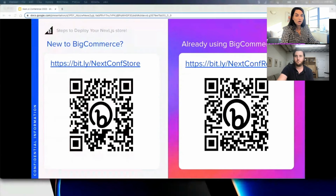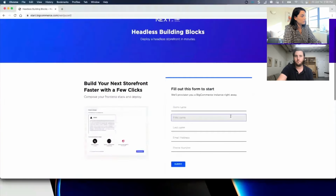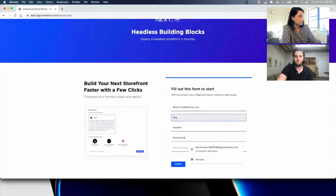So as a Bigcommerce customer, we'll switch over to the Stack Wizard here. That is going to ask us some information. So if you want to enter your store name, your first name, your last name, your email address, and your phone number. And when you click submit here, what's going to happen is it's going to take you to the next portion